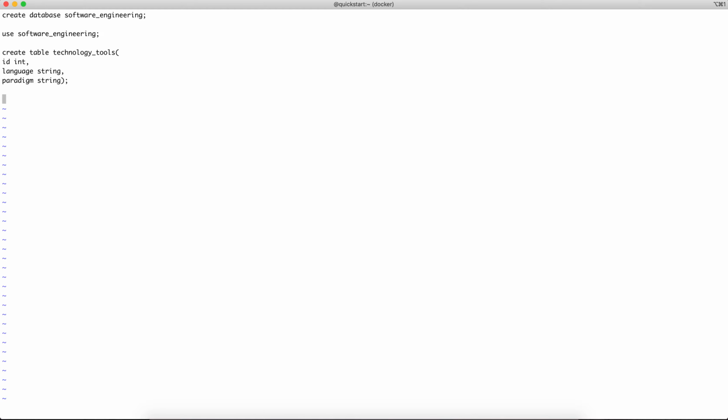The next thing that I want to do is insert data in this table. For that I can execute an insert into statement. How do we write an insert into statement in Hive? It is actually done in a similar way. So insert into, then we have to give the name of the table. We have used software_engineering here, so before the table name you really don't have to give a database name. Let's just make it simple: insert into table name, which is technology_tools,